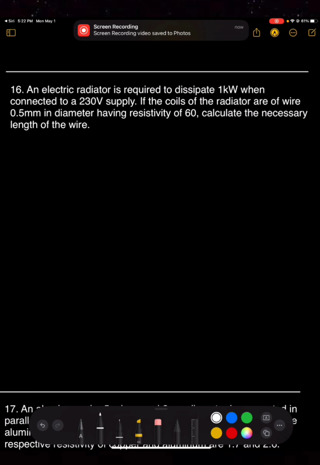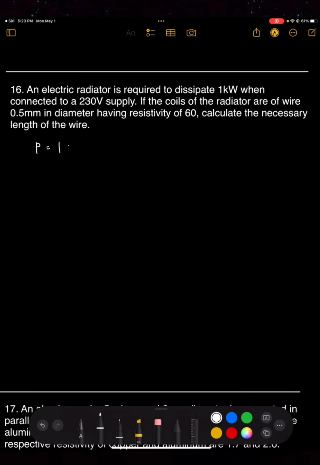In number 16, we first identify the values of P, which is 1 kilowatts or 1 times 10 raised to 3 watts. So V is equals to 230 volts. D is equals to 0.5 millimeter. And our resistivity is 60 ohmmeter per cm. So we'll use the formula first of P equals V squared over R,